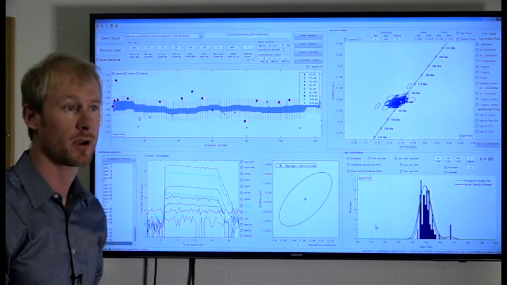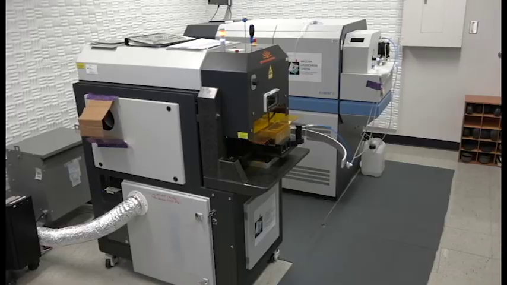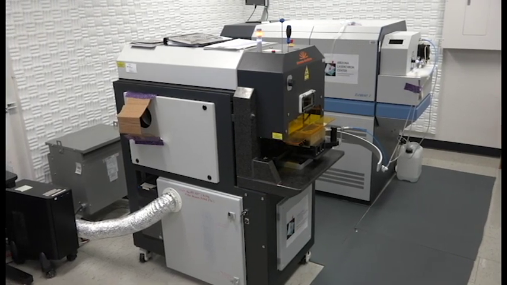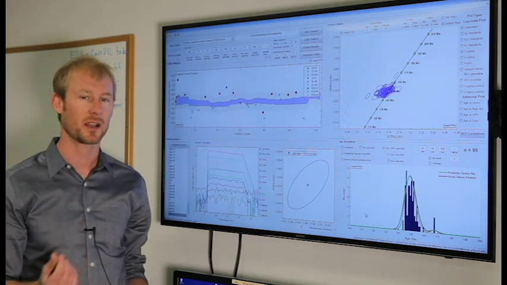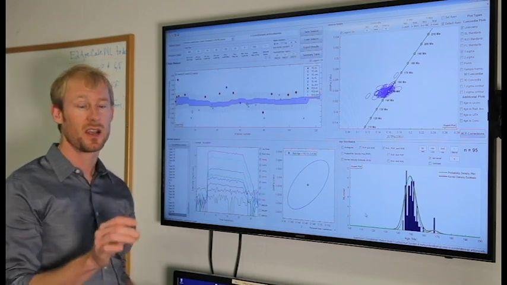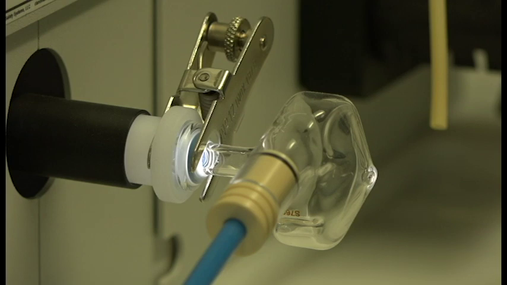We are in the lab right now acquiring uranium-lead data from detrital zircons. To my left, we have a Photon Machines laser that is connected to an Element 2 mass spectrometer. So every 30 seconds or so, you'll hear a clicking sound, and that's the laser ablating down into an individual zircon that is sending data to the mass spectrometer that we are then reducing